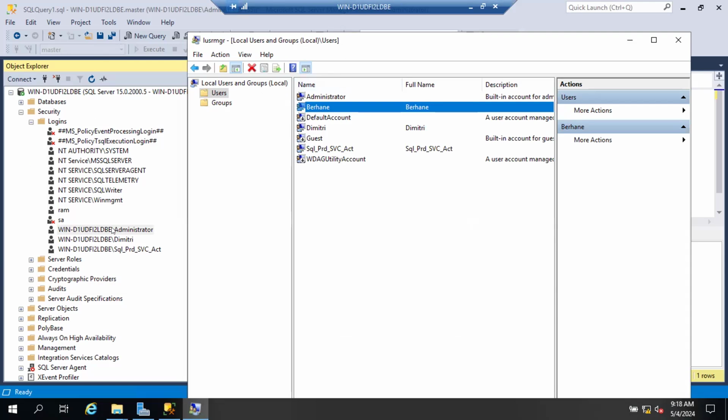Who are there in this list? They all can access SQL Server. In this list, Berhane is not there. So Berhane cannot connect to SQL Server, but Berhane can connect to Windows server. Is it clear, guys? So now, while connecting to this server in the RDP screen itself, I am giving username